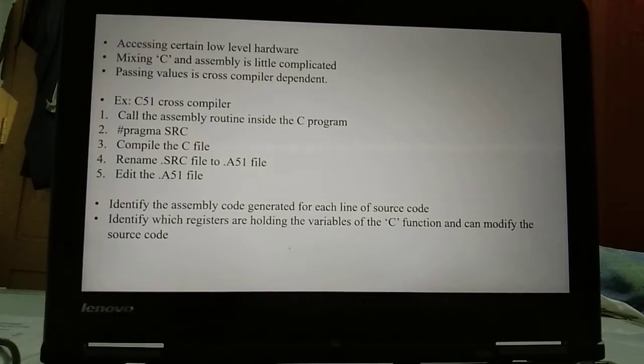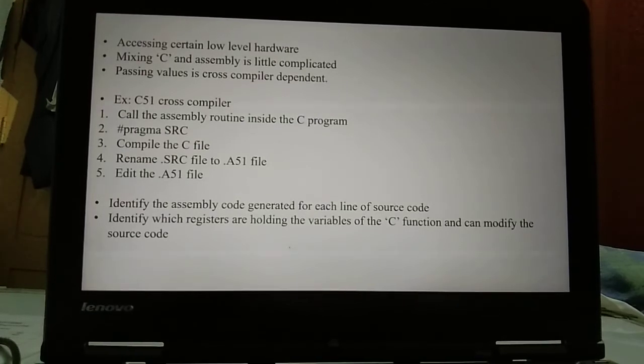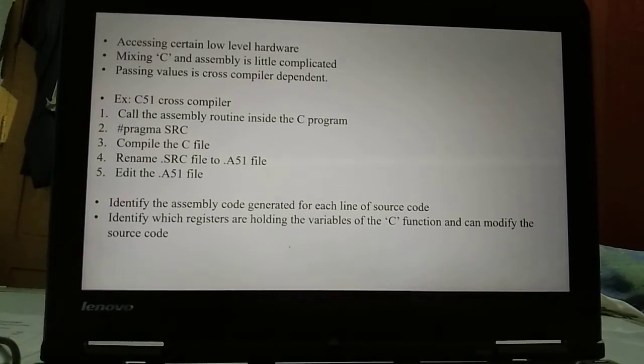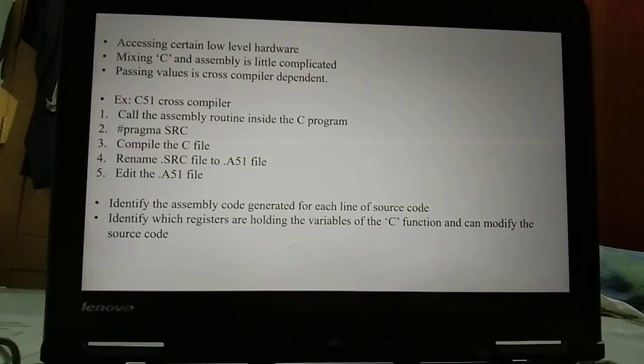Use the src directive, #pragma src. It will tell that the file generated is .src, not the .obj file. Then compile the C file.